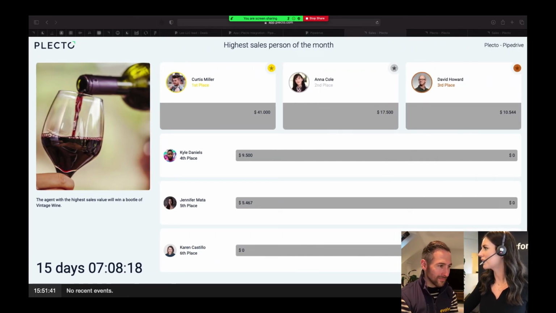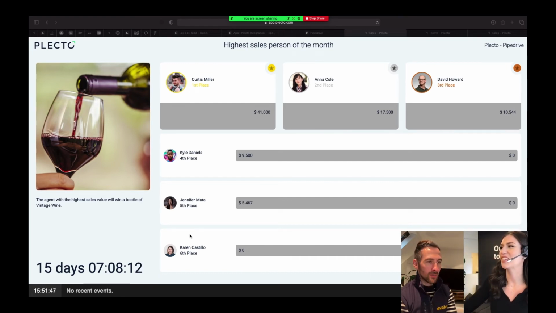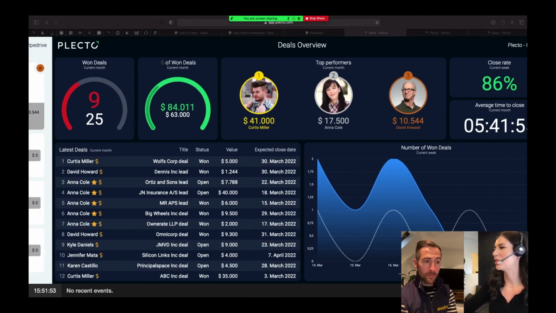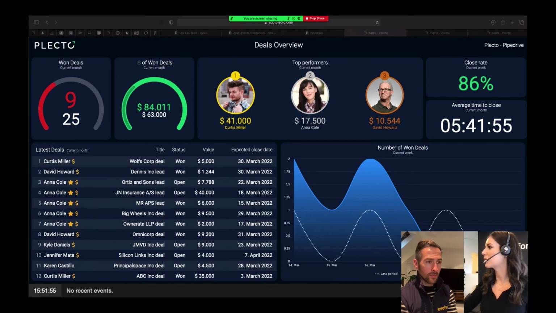You can see here on the screen one of the contests I set up: the agent with the highest sales value wins a bottle of wine. Exactly, so it can be anything. When we talk about contests, it can be a bottle of wine, it can be a trip, a whole company trip or something like that. So this is also a really nice way